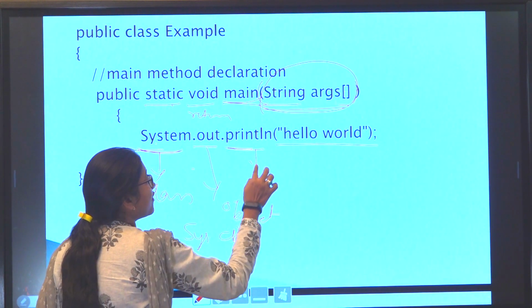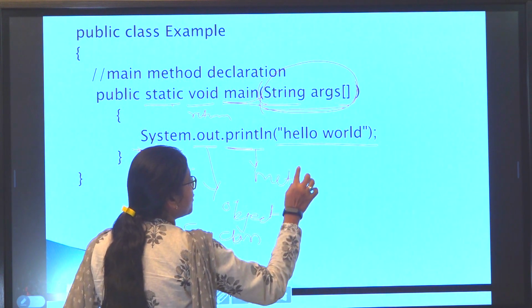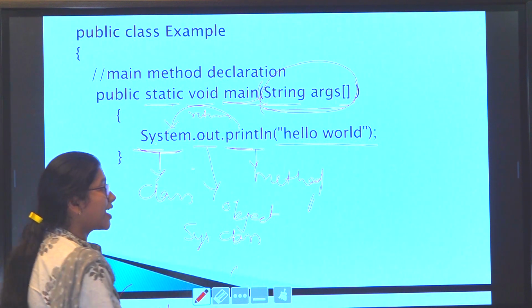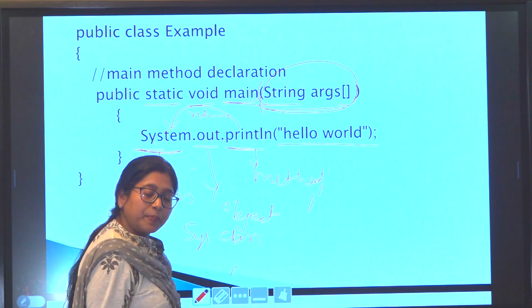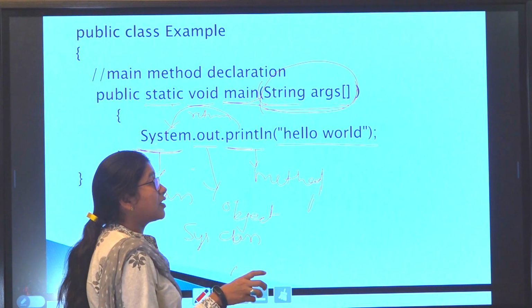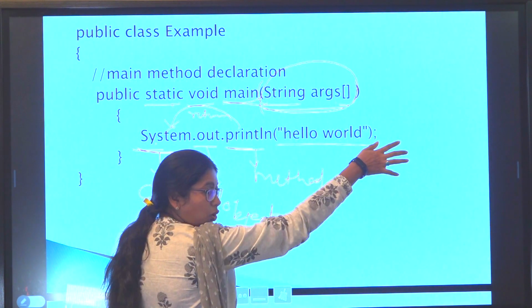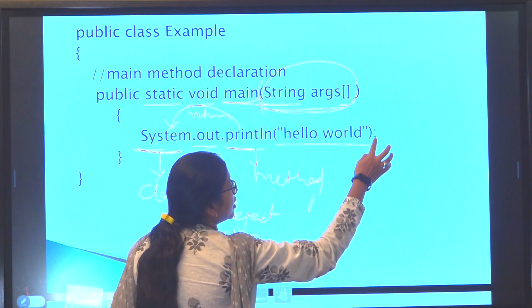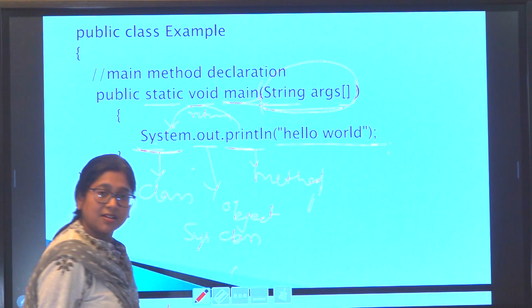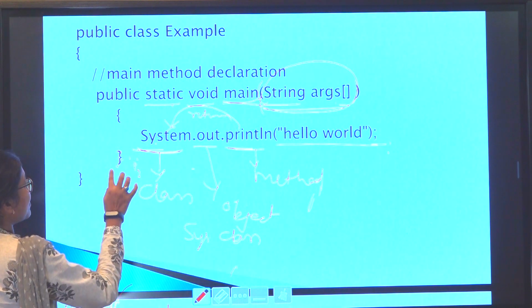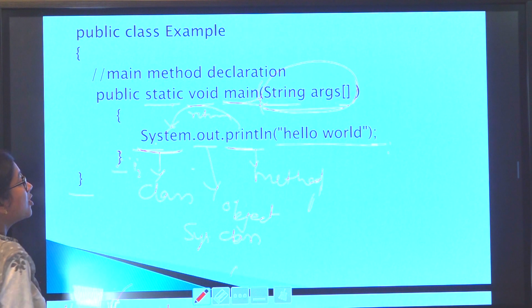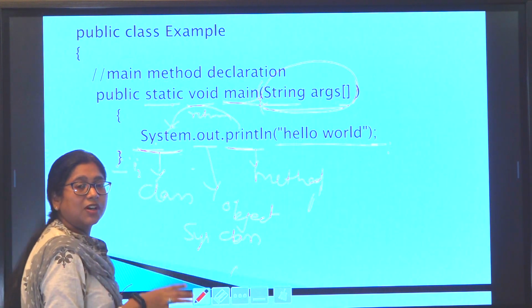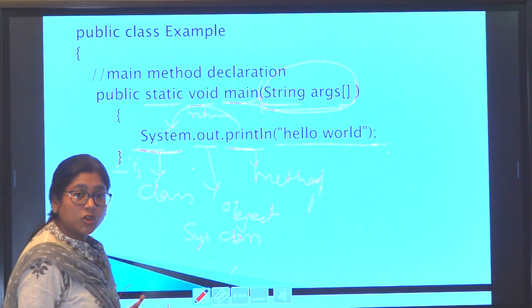Next is println. Println is a predefined method of the System class. Now, whatever string you want to print as it is on the screen, we take within double quotes. So we want to print hello world on the screen, so we use double quotes. Now the semicolon symbol is used to terminate the statement. Now close the main method here, and now we are closing the program. So we can easily understand what each and every word of this program says to the compiler to perform the task.